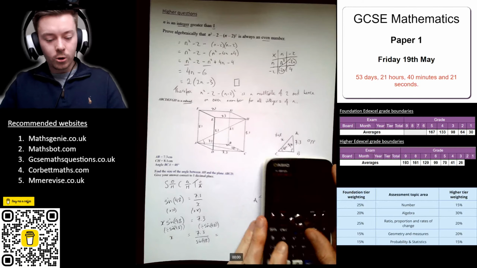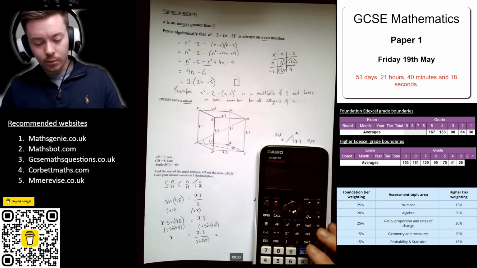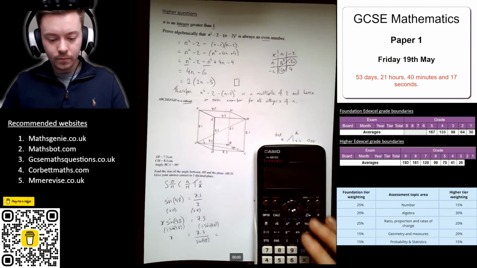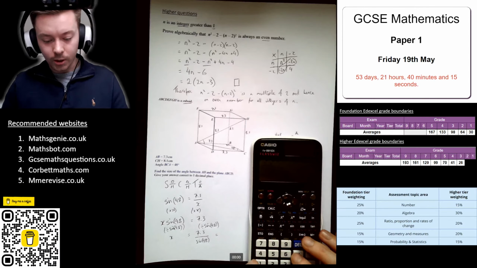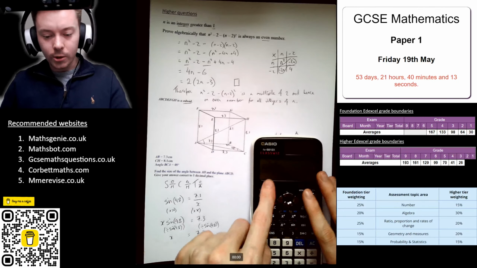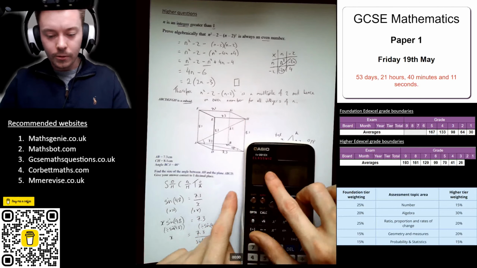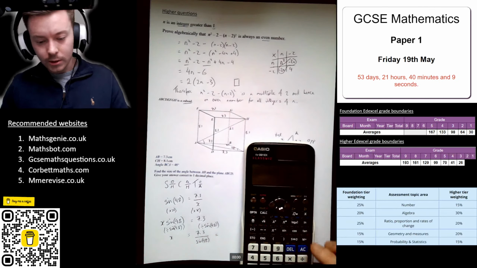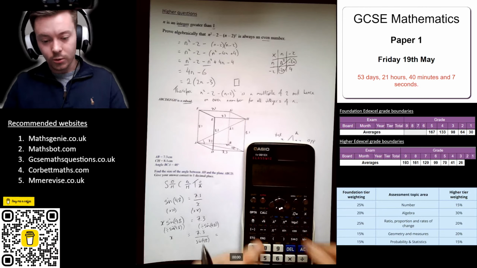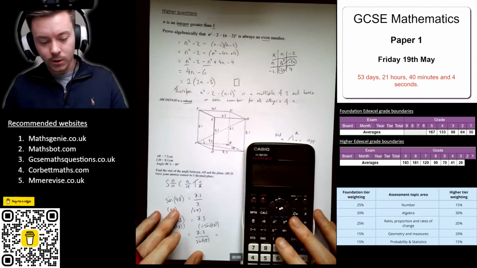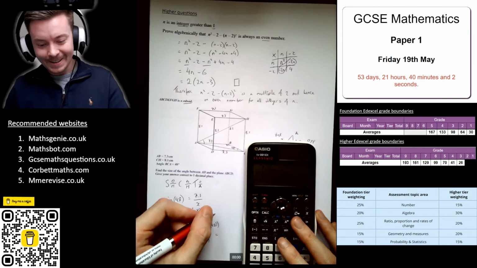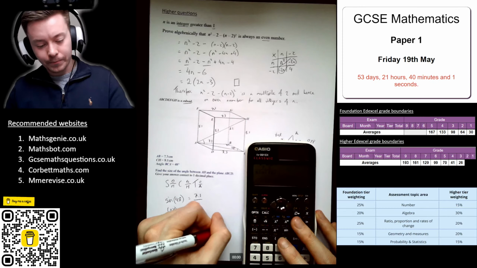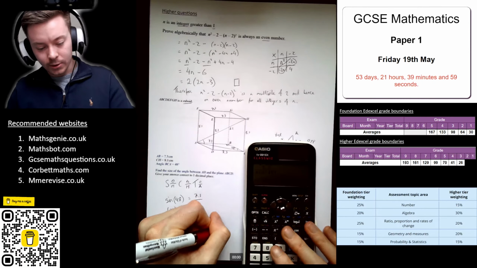Now, what I don't want to do here is round this number, because it's not my final answer. Also, when you're doing trigonometry, make sure you've got the D at the top of your calculator for degrees. If it says R at the top, it's in radians, and you'll get a very different answer and everything will go wrong. So make sure you don't do that. So it gives me this answer,